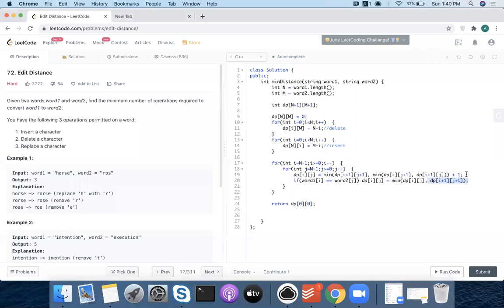Anyways, recursion remains the same. So minimum of diagonal, one below, one above, plus 1. And if it is equal, then you take min of. Obviously, I have to always take min, right? I can't replace dp[i][j] with just this. So I go to the diagonal element and I take min with the current value, whatever was there. And I recurse it. See, my recursion is bottom up: from n minus 1, I'm going to 0.